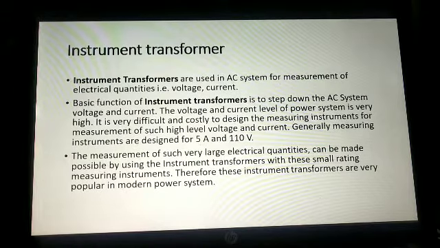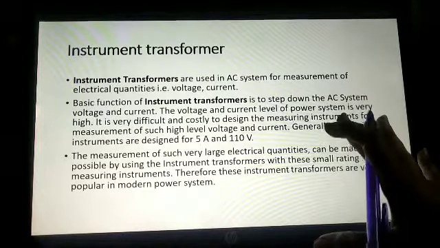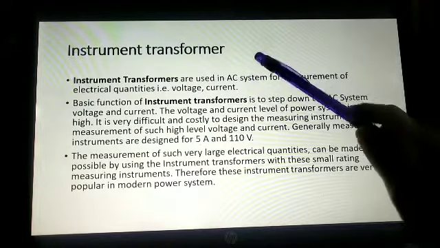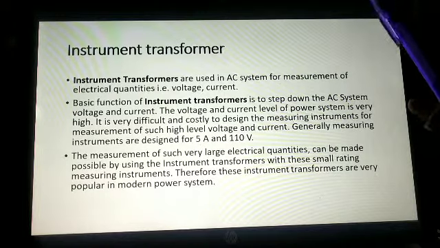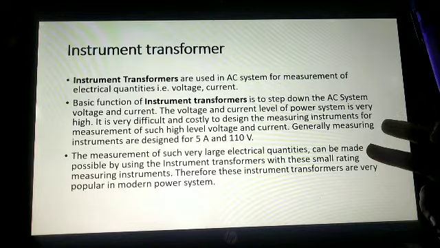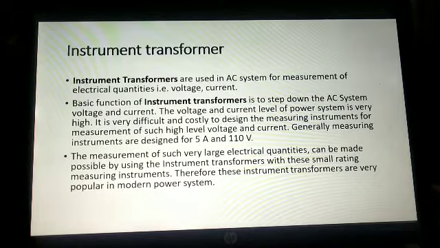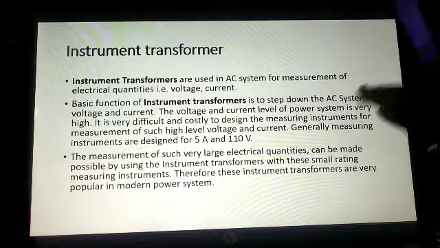So in today's lecture, we are dealing with our measuring instruments chapter number 10. Moving further in that chapter, in today's lecture, we are going to see instrument transformer and multimeter. These two are remaining. We are going to complete these two points and our chapter is finished. That is chapter 10. So starting with instrument transformer.